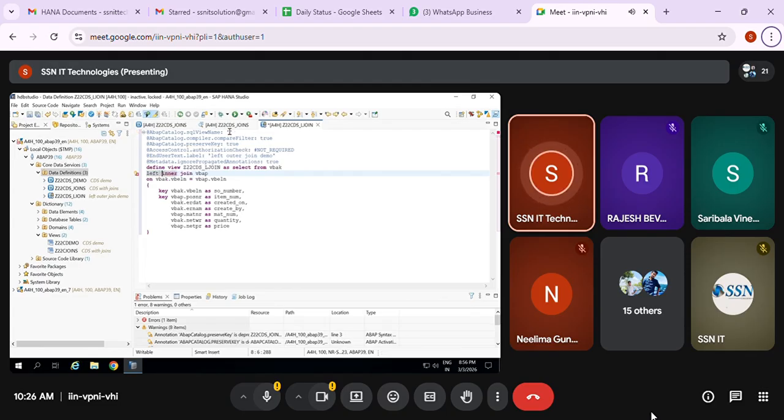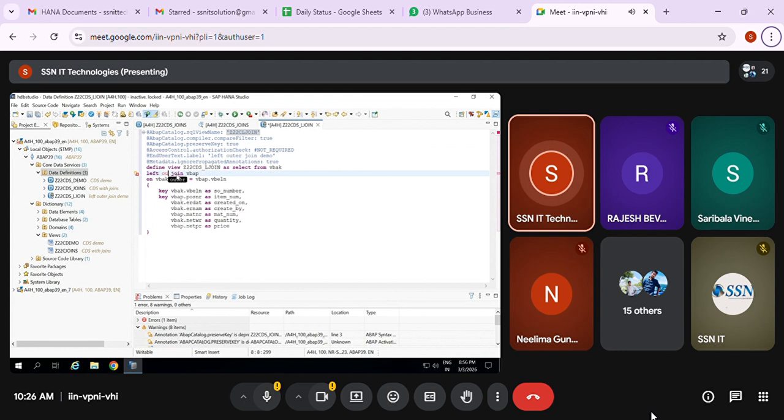So here the SQL view name is mandatory, which I missed. Z22 C join L join. So like this, I just gave the name. Okay. Now left inner join, no, left outer join.